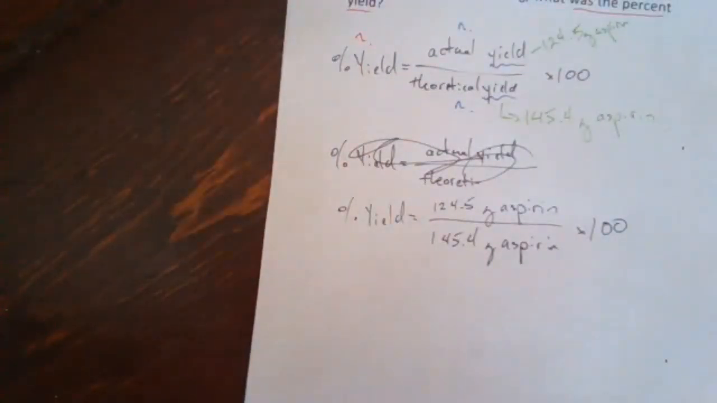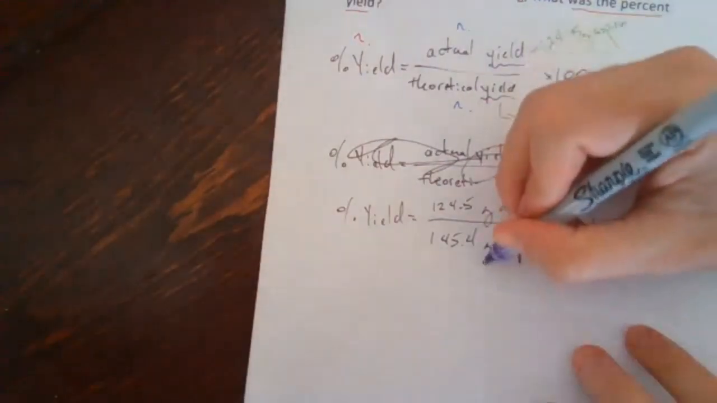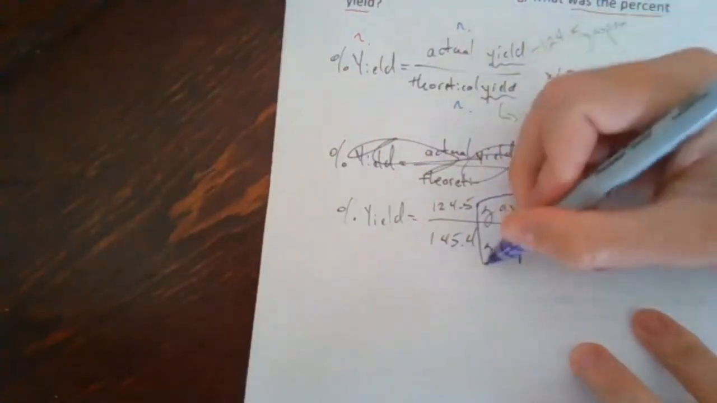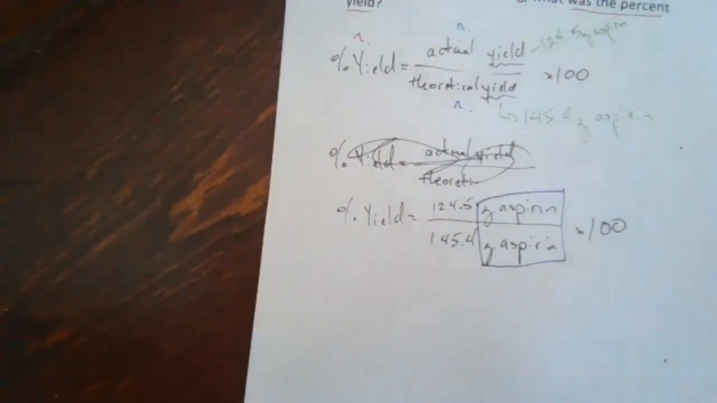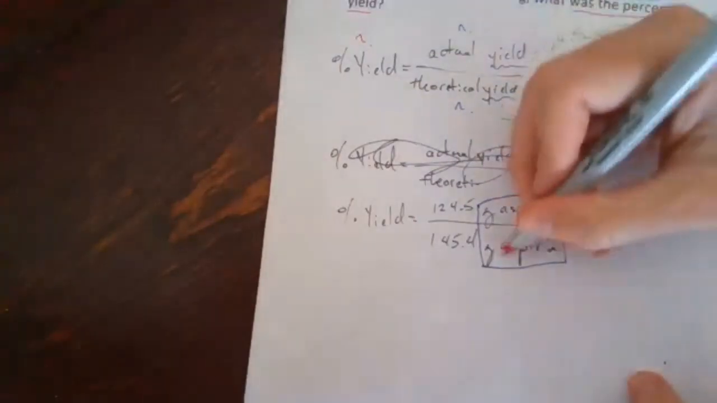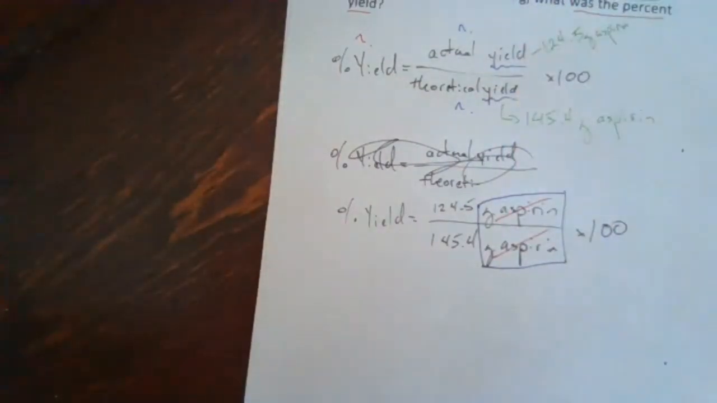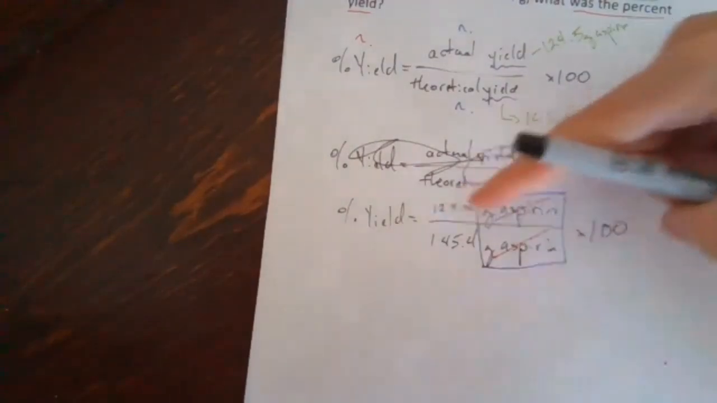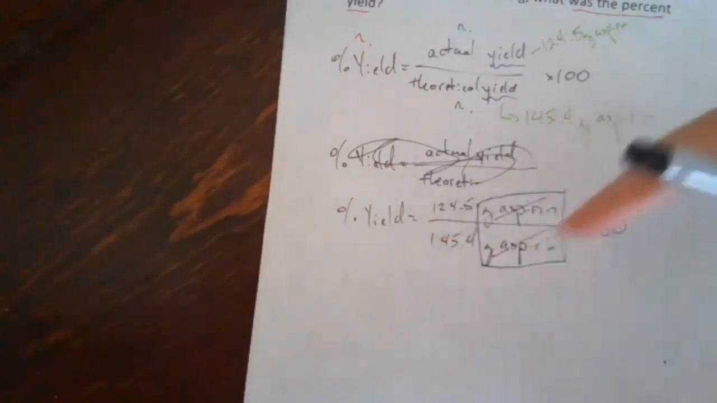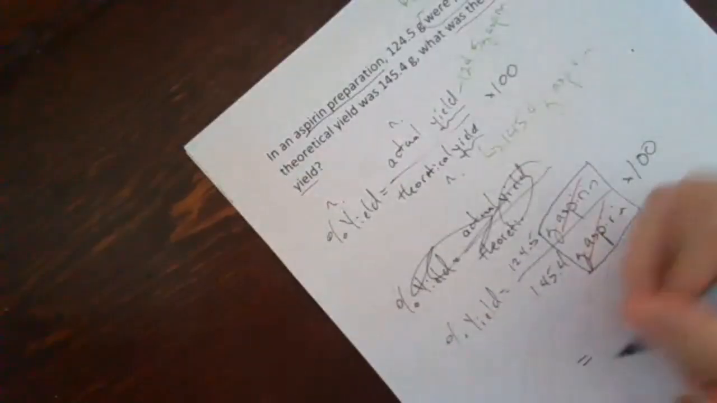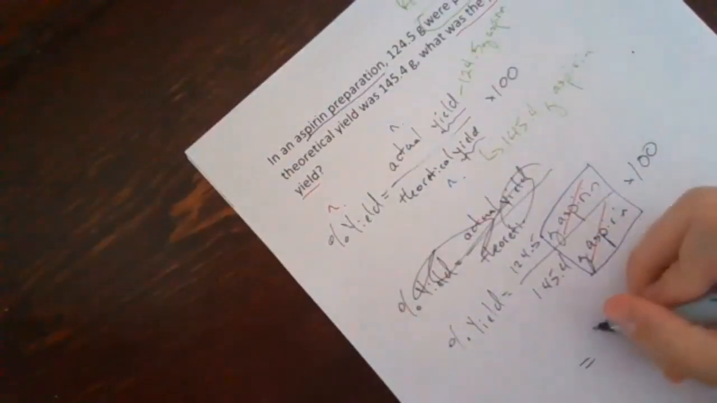So one quick thing that I want to note, in this reaction, you're only told one product, that it's aspirin, but most reactions have more than one product. So yield is just product mass. When you're calculating percent yield, you want to make sure that they are the same product that you're looking at. Those are both grams of aspirin, so they will both cancel out. 124.5 divided by the 145.4 times 100 is going to give you